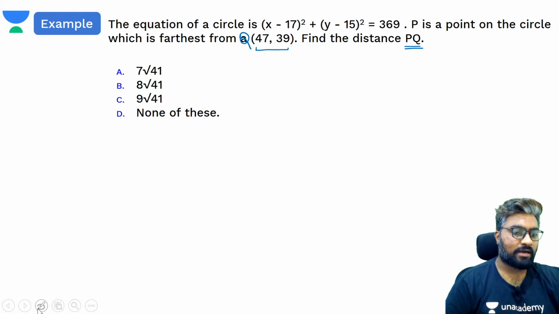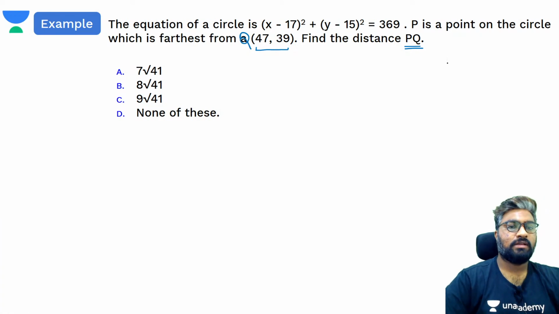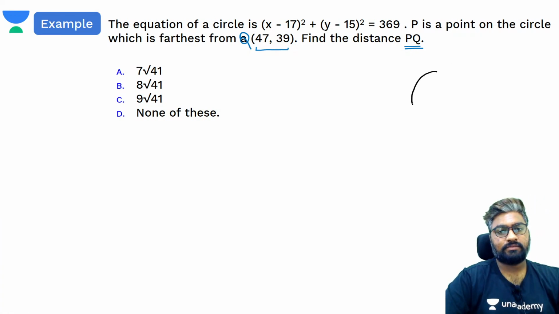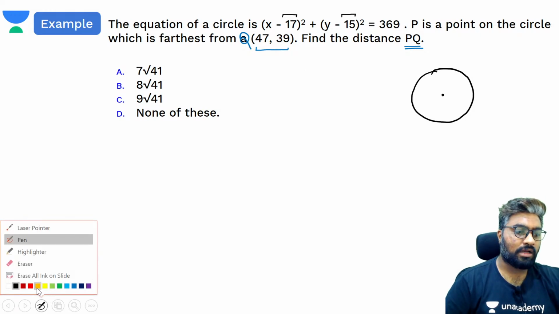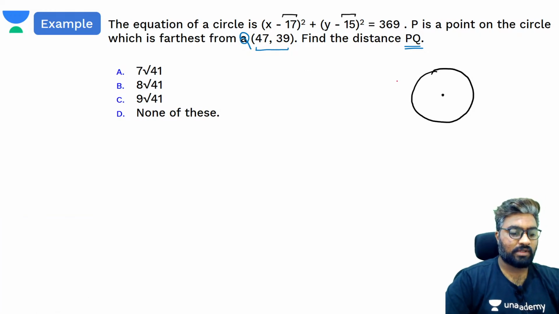I will draw the diagram for you all to help you understand. There is a circle, and it has a center. You can find the center from here. What are they saying now? They are saying that there is a point P on the circle. Point P is on the circle. Let's say point P is here,